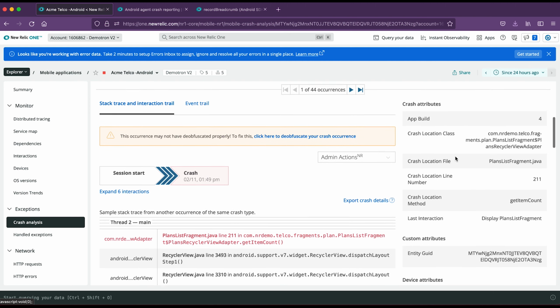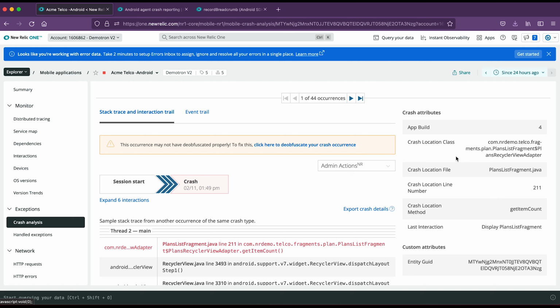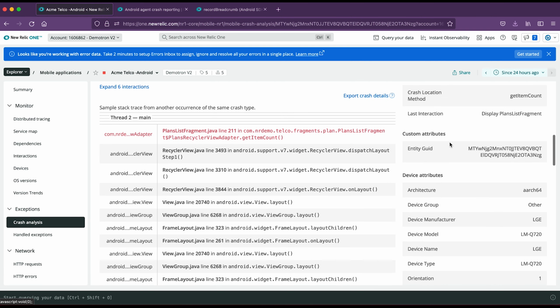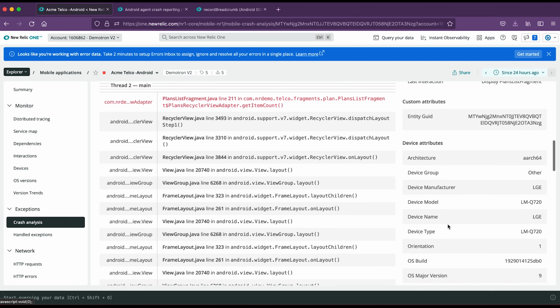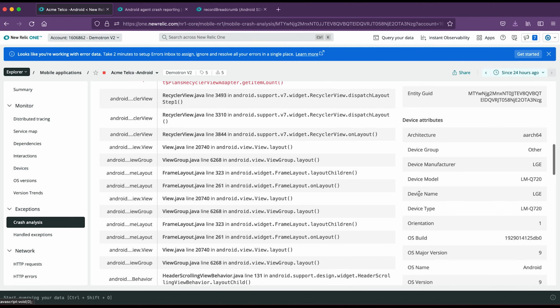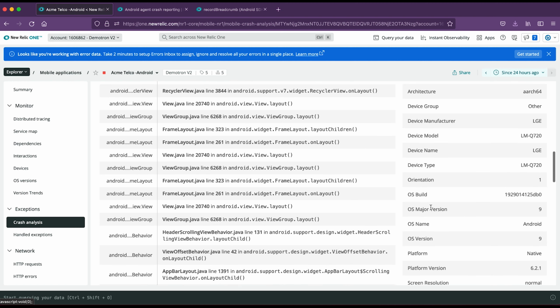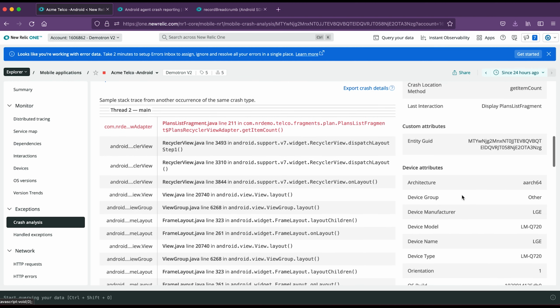On the right-hand side, we've got the crash attributes, including the app build, app location, and some custom attributes if we recorded any, and also device-related attributes like device model, name, etc. This information could be really helpful for engineers to reproduce the issue.